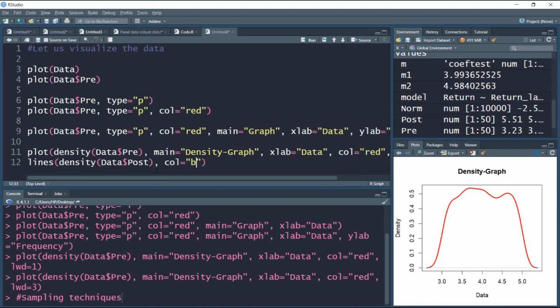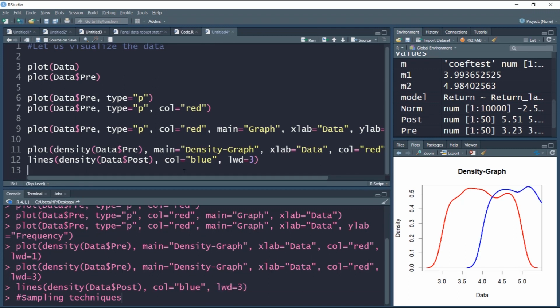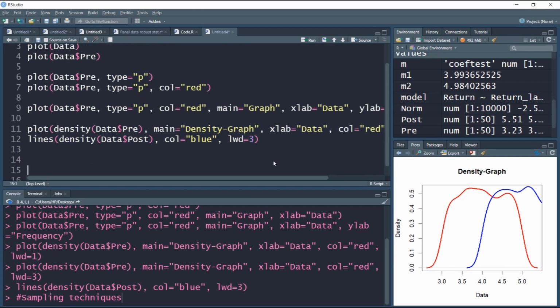I give it a color of blue to differentiate between the old and new plot, and I give a line width of 3. If I run this, you can see that now both the graphs are appearing superimposed on one plot, but there is some problem with this because the x-axis is limited up to 5. It seems the post variable, because there is a shift, is not completely coming inside the